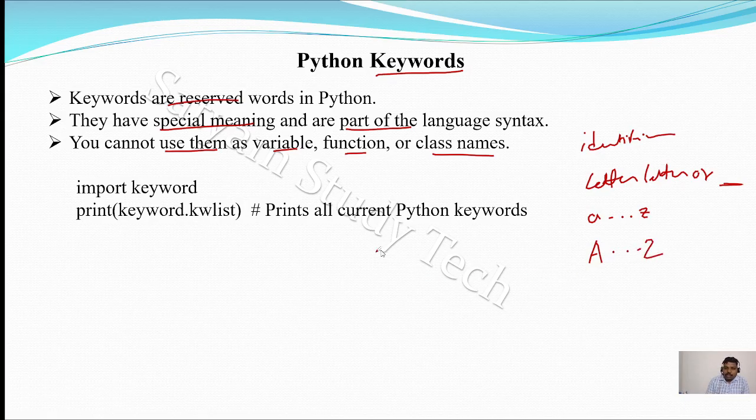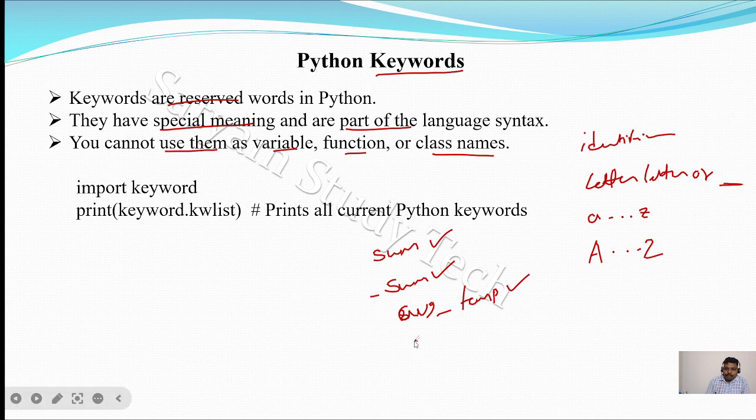So here you can see sum is a valid identifier, underscore sum is also a valid identifier, average underscore temperature is also a valid identifier. For example, sum3 is also a valid identifier, 9sum is not a valid identifier, and also, for example, class